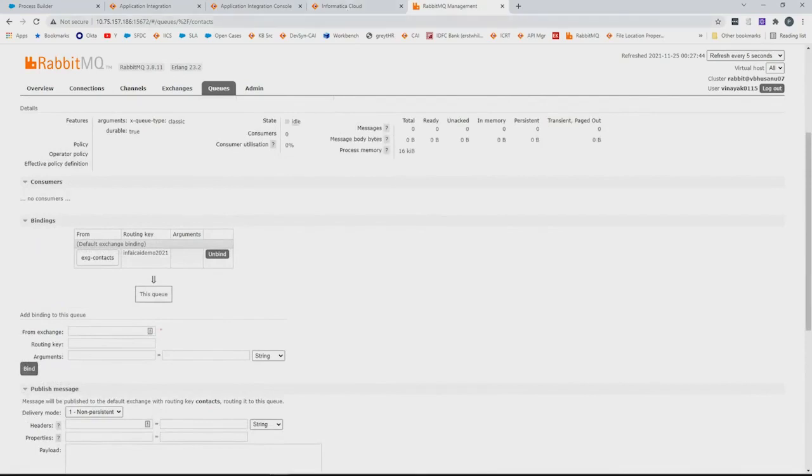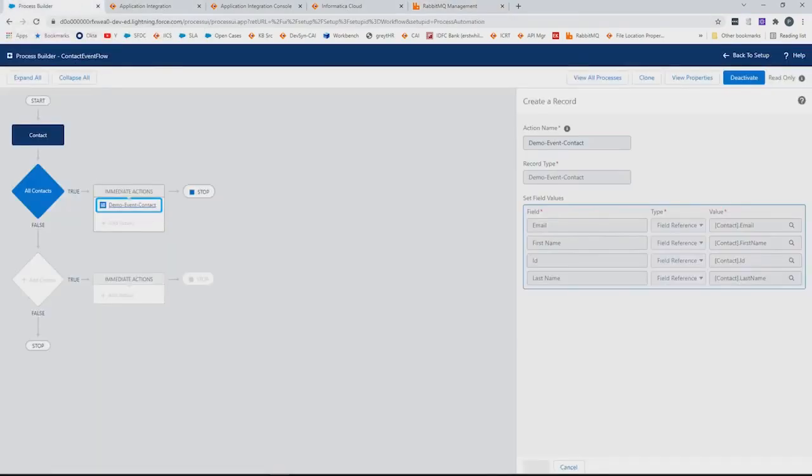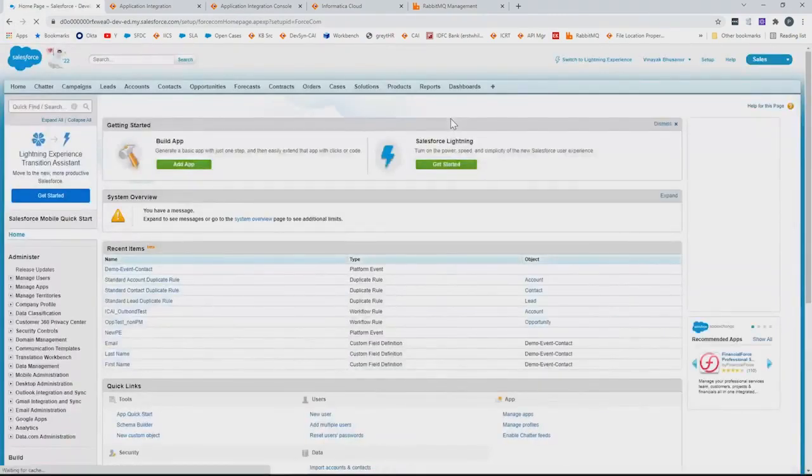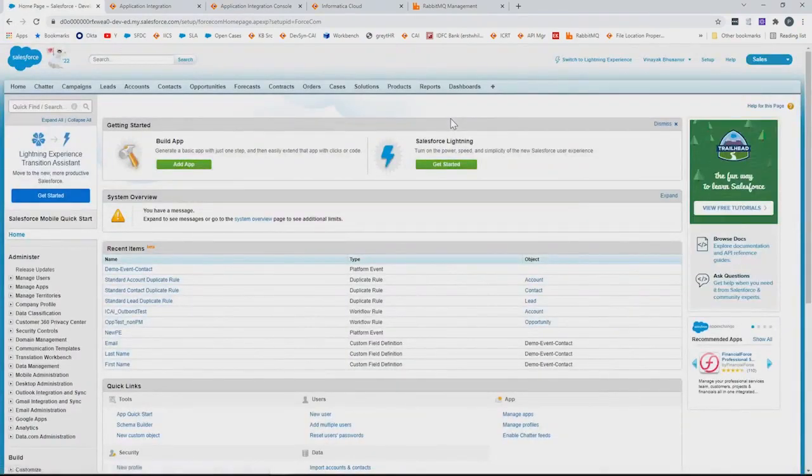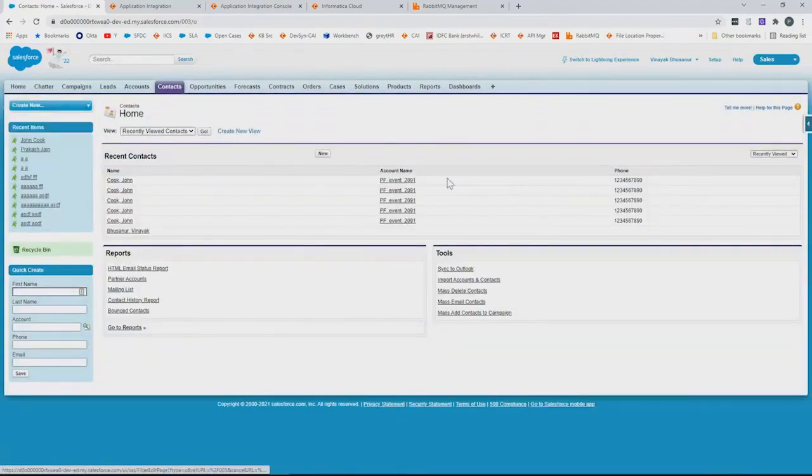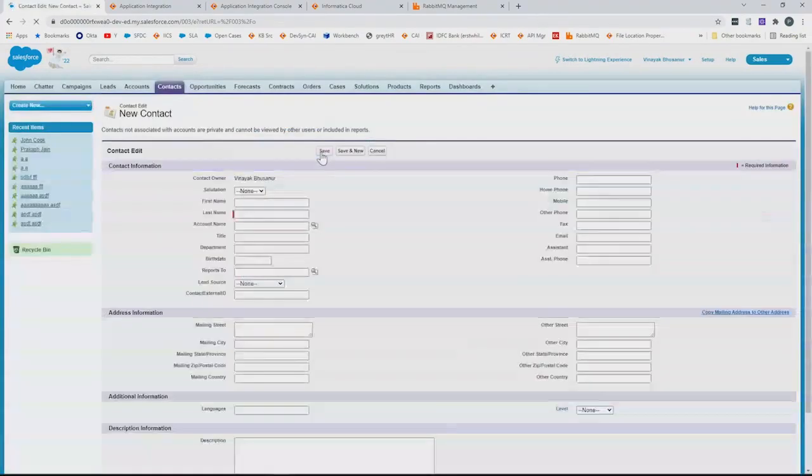Now let's go ahead and create a contact in Salesforce to trigger a platform event, which will trigger a process and write a record into the database and post a message to the RabbitMQ messaging service. We'll go ahead and click on contacts and create a contact record.